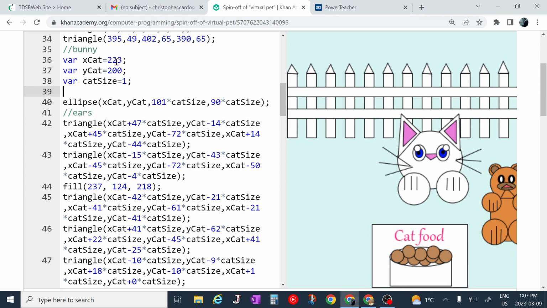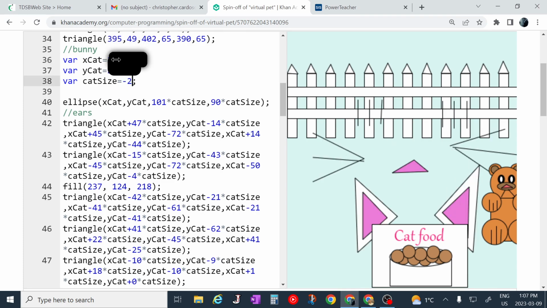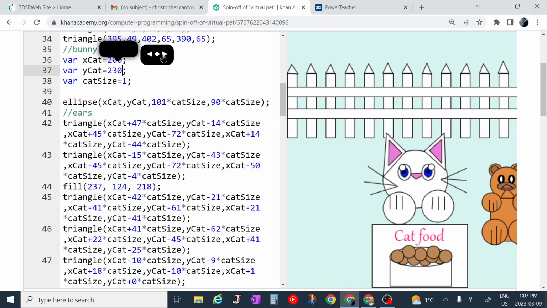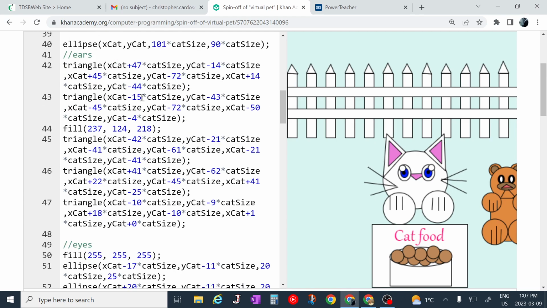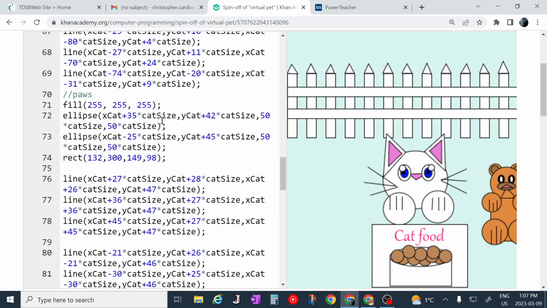So I'm just going to reset those variables. We like to reset the xcat and the ycat to 200 each, and the cat size not less than 1, but let's move it down actually a little bit so the cat is just right there. So the cat is working, and you can see that she's done it the hard way, remember, for the offsets and so on. Now we are going to talk about how to do the easy way for the cat food